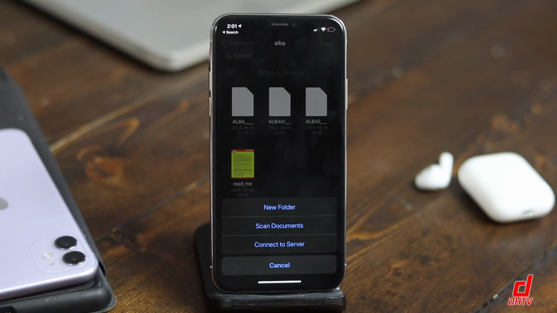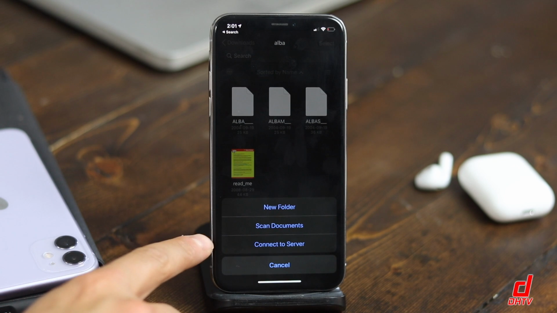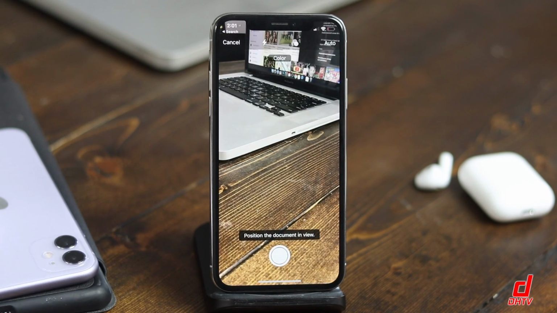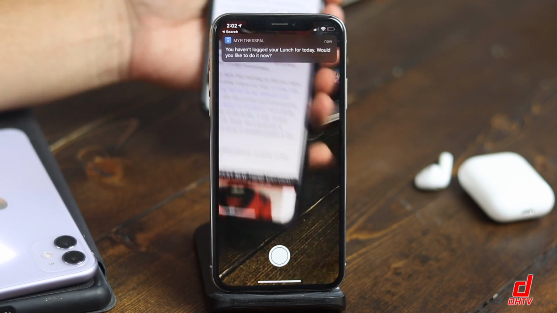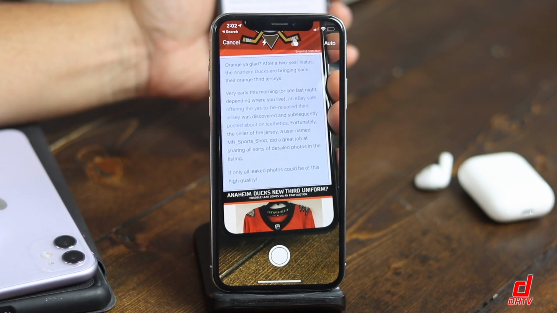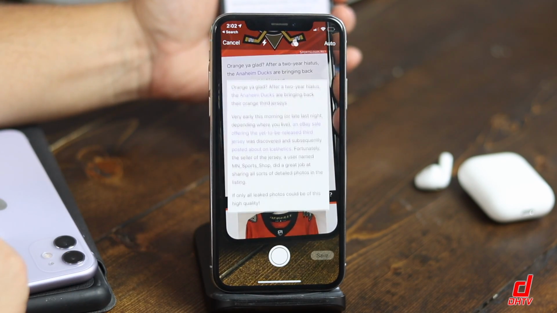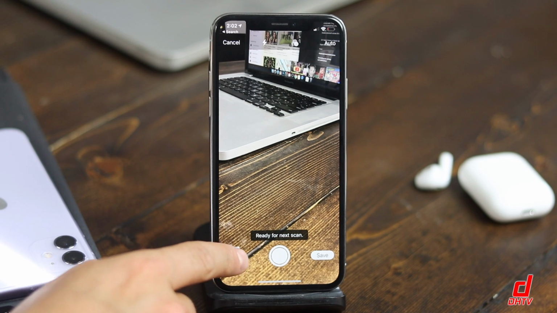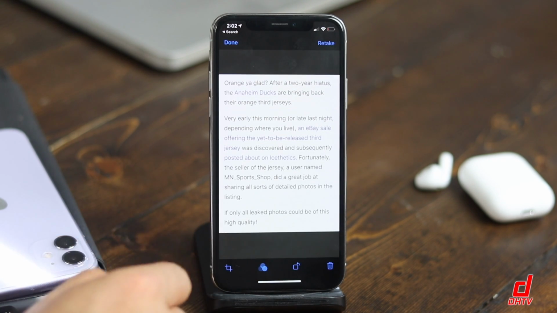Tap on those 3 dots, it's going to open up some options, and the one we'll focus on is Scan Documents. When we tap on that, it's going to open up our camera. And what we'll do is just, let's say this was our document. So when it finds it, it'll turn blue, tap on the shutter button on the screen, and it'll automatically scan that to your files. We can tap on it to open and view it, and when you're ready, you can